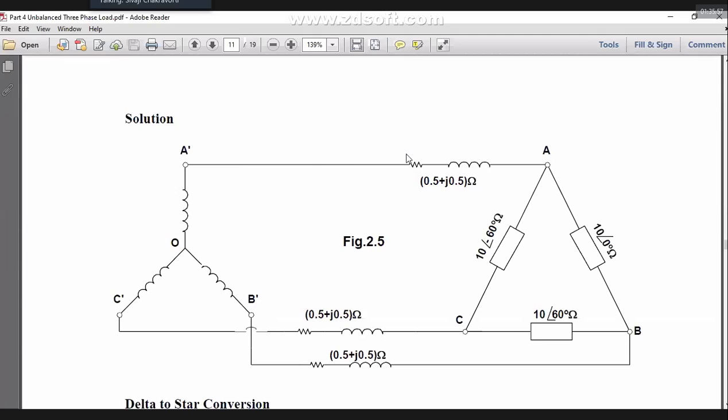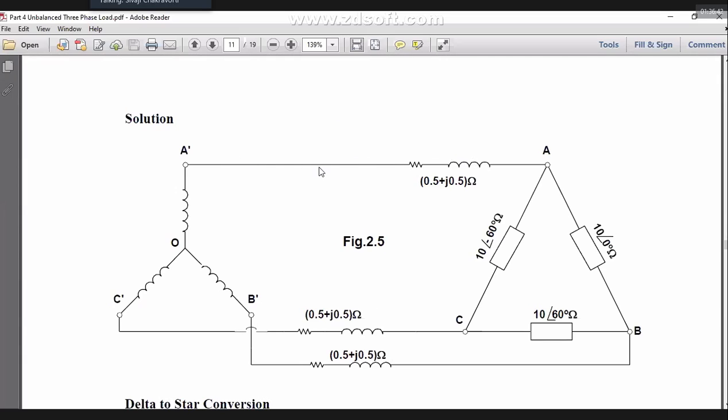So here it is, the star to delta conversion. Here the star is being converted to its delta, and then for every delta impedance, say for example between A and B, there is one impedance 8 minus j6. Then there will be a parallel impedance which will be coming from the star. And then you calculate the equivalent. It is simple: R1 R2 by R1 plus R2, or Z1 Z2 by Z1 plus Z2. So one is Z2, and you have the Z1, that means the delta impedances. So we calculate Z1 Z2 by Z1 plus Z2 for all the three phases, and I get the three results.